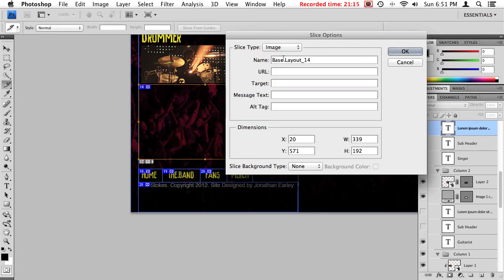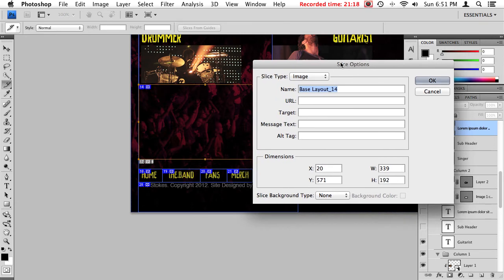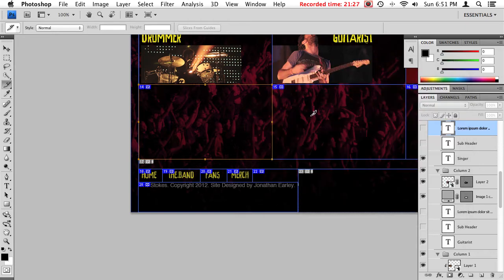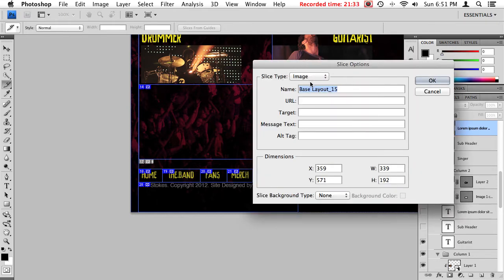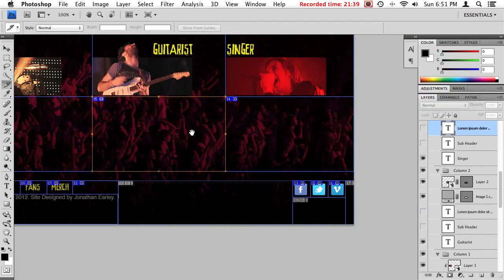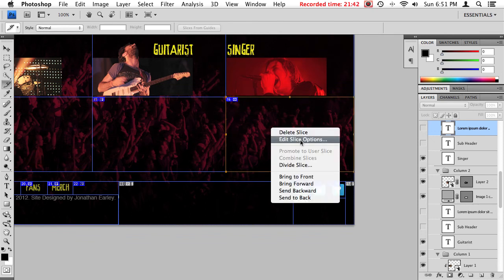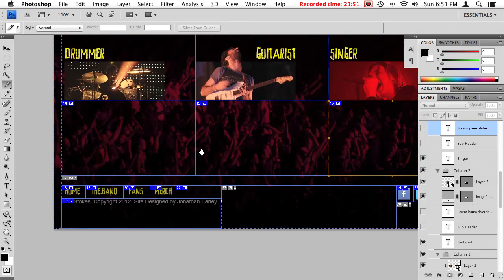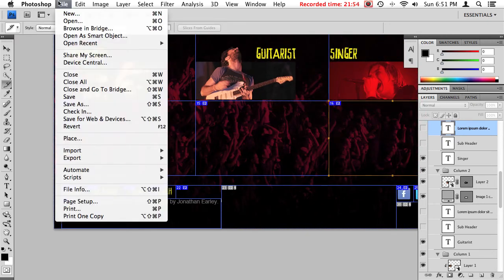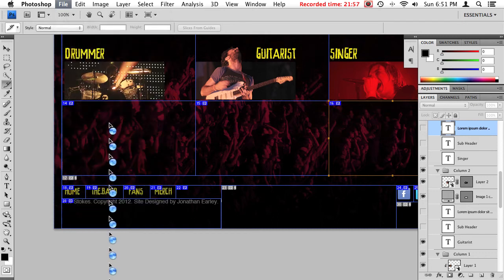So I'm going to go in and set it to image. And I'm going to call this drummer-bg. And I don't need to really put anything else here. I'm going to Command click, right click, Edit Slice Options, choose image. This one I'm going to call guitarist-bg. BG as in background. And one more time, Command click, right click, Edit Slice Options, image, singer-bg. Okay, so now that I've done those, I'm going to go to File, Save for Web and Devices,